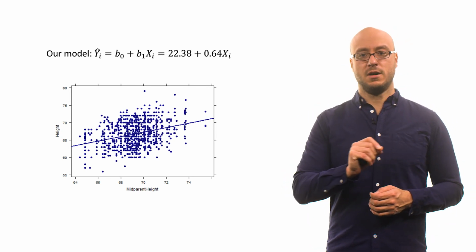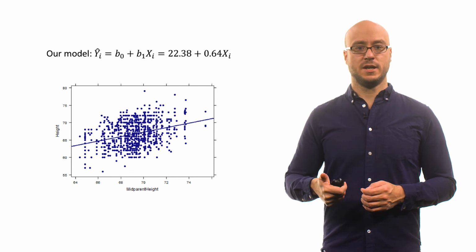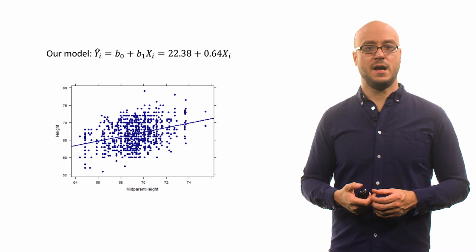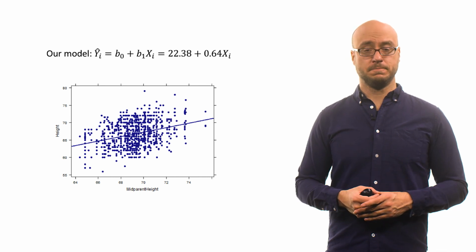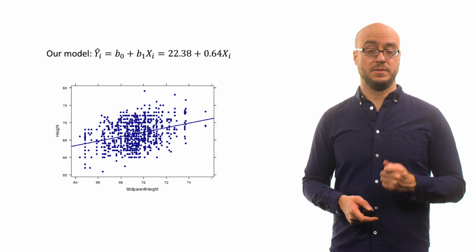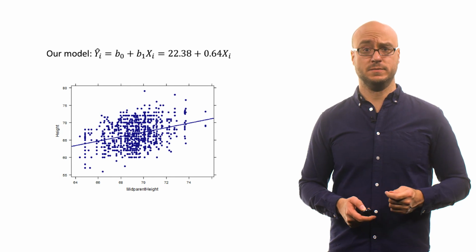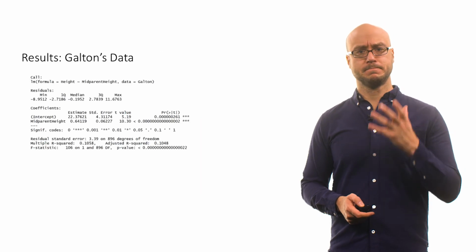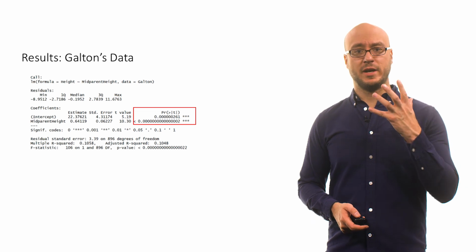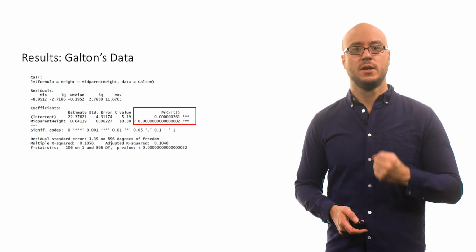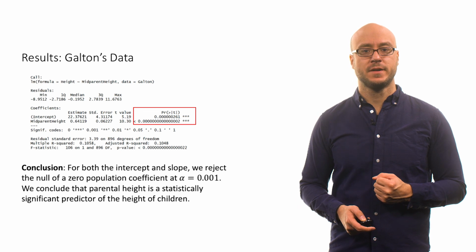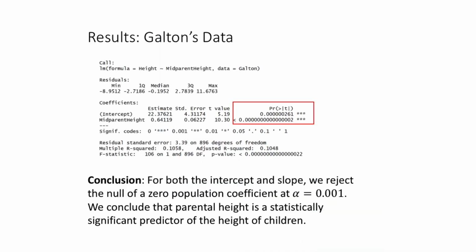And you can see that for taller parents on that x-axis, we tend to predict a greater height for children. Right? And we have a regression model with an intercept of 22.38 and a slope of 0.64. But let's look at the regression output. When we conduct the full inferential regression test, we obtain this output. You can see that we have the intercept and slope, but we also have a standard error and a t-ratio. And then you can also see that we have p-values. The p-values are annotated with asterisks.